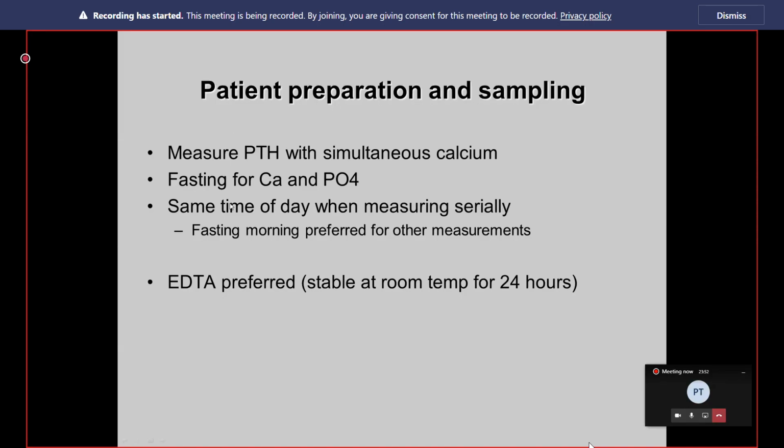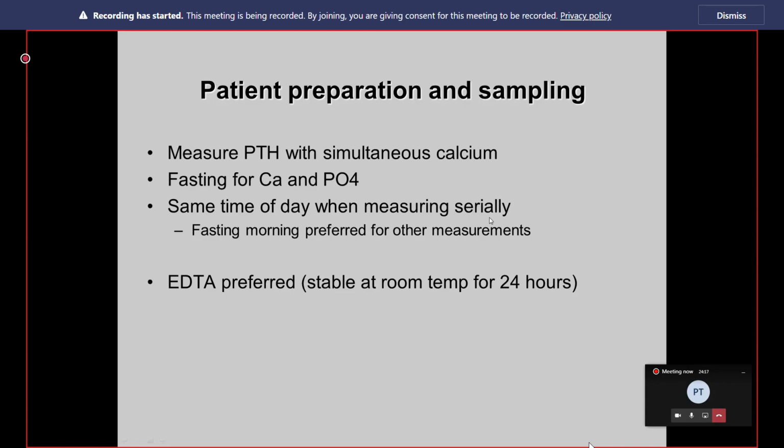Ideally, patients should be fasting because food has an effect on calcium and phosphate, and therefore to some extent on PTH. There's some diurnal variation, so generally we say measure them in the morning in the fasting state when it's done in a range